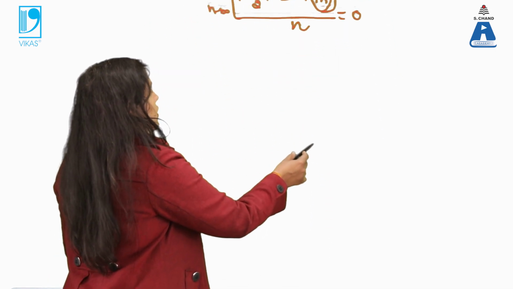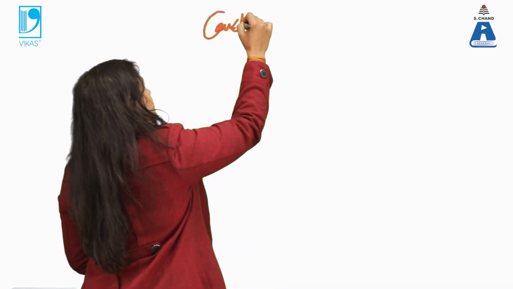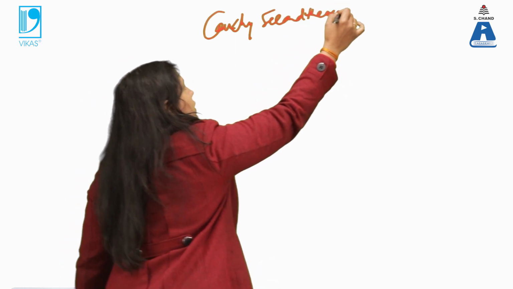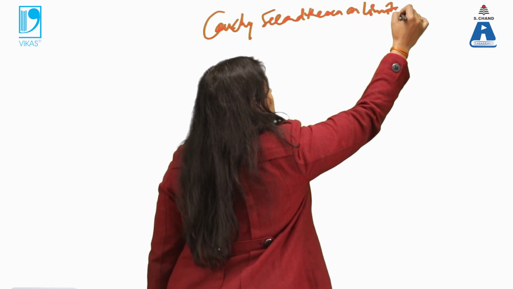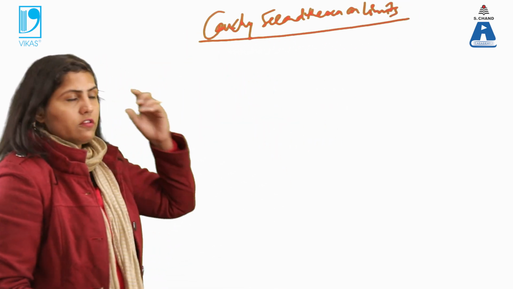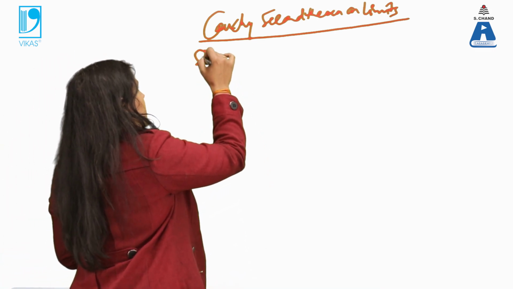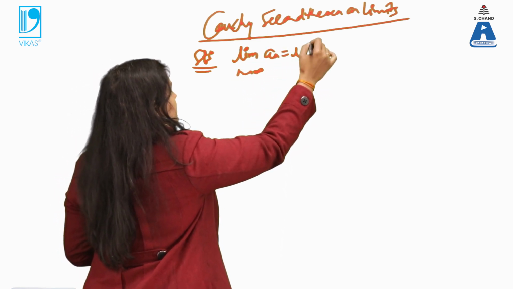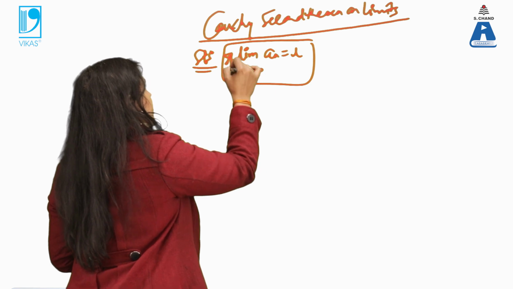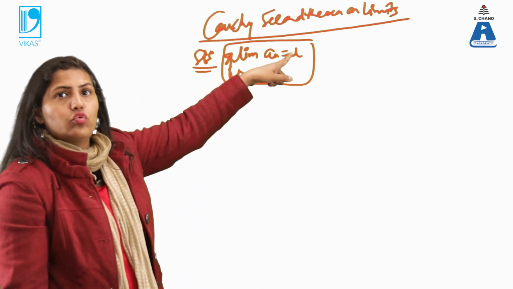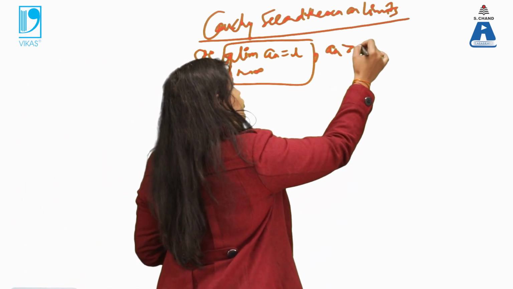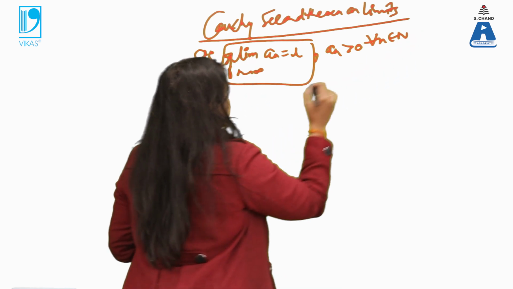One example also, to understand the theorem. Now, Cauchy's second theorem on limits. See the importance of this theorem, and the statement goes like this. It means I have a sequence a_n that is converging to L. Now here is one more addition: a_n should be greater than 0 for all n in N. Then